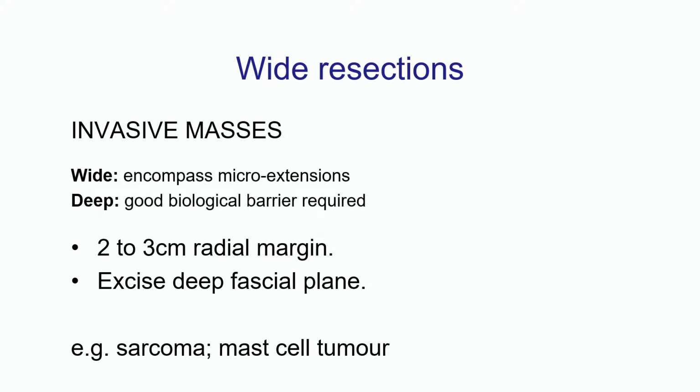And then we want to come down to the next deep fascial plane and remove that, so that any of those microscopic extensions coming down towards that next really strong barrier to tumor extension will be captured by removing that deep biological barrier. So we used to say 3 centimeter margins for mast cell tumors, and that is a bit of overkill. So as long as you're dealing with a mast cell tumor which is not particularly large, and for particularly large we'd say over 3 centimeters perhaps in diameter,